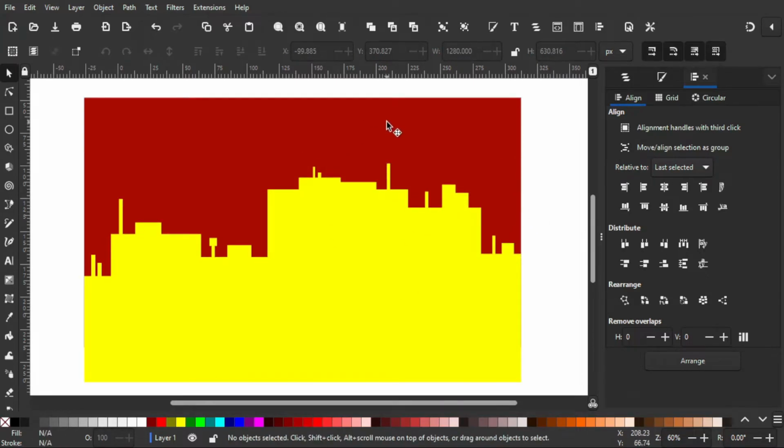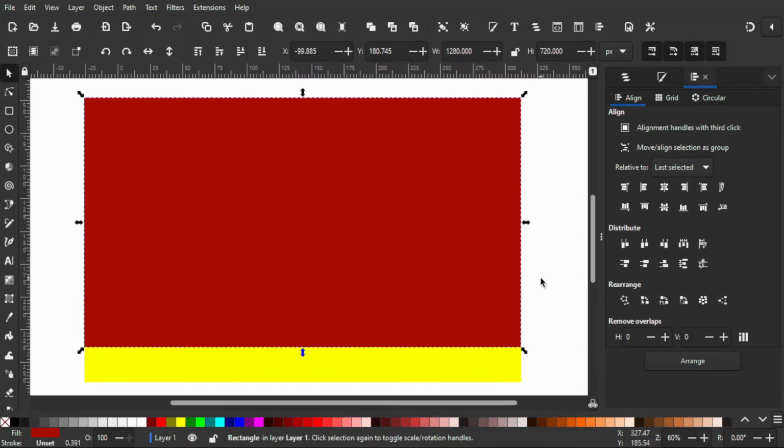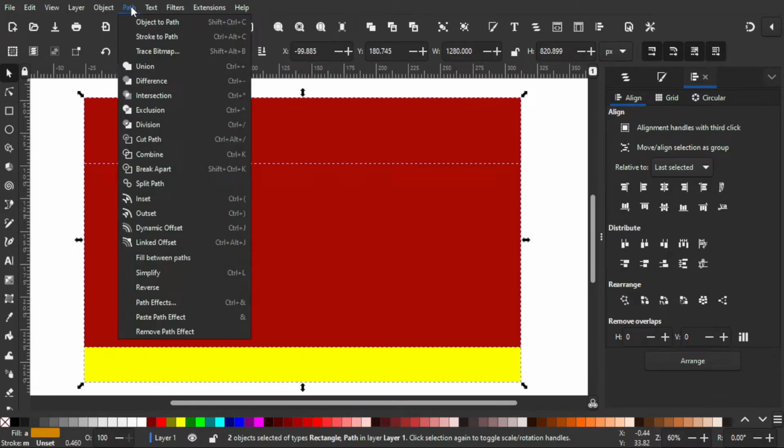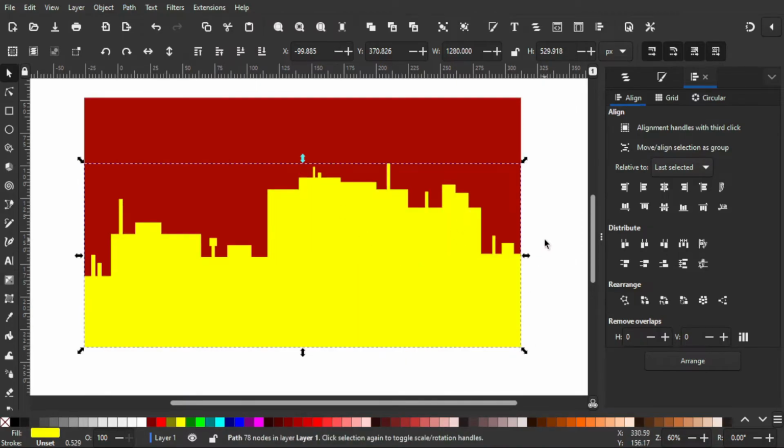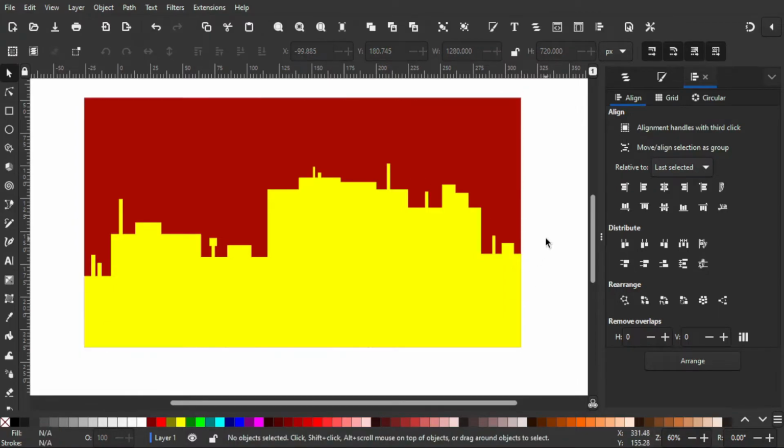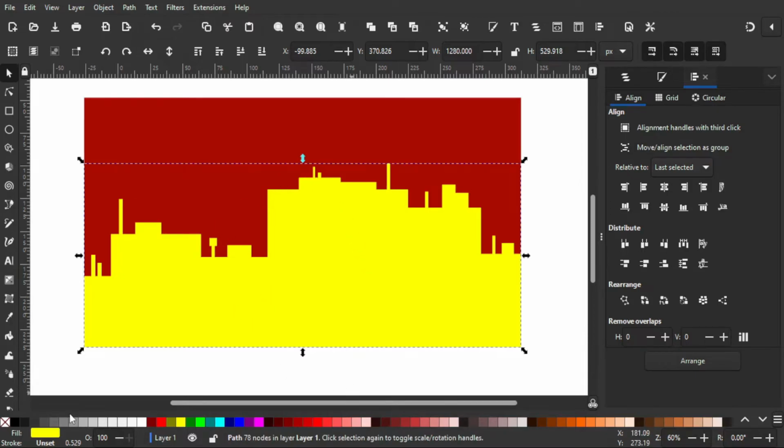Then I'm gonna duplicate the sky or the base, and then by holding shift, I'm gonna select the yellow object and then go to path, intersection, so I don't lose the resolution of 1280 and 720. And then for the building, I'm gonna make it a silhouette, so I'm gonna choose black color.